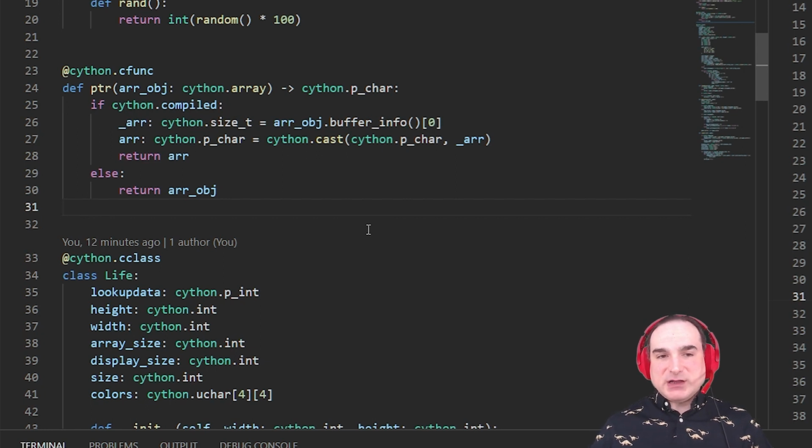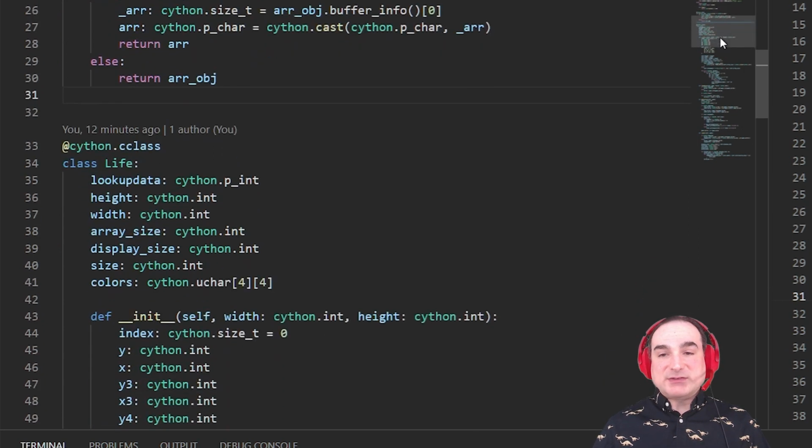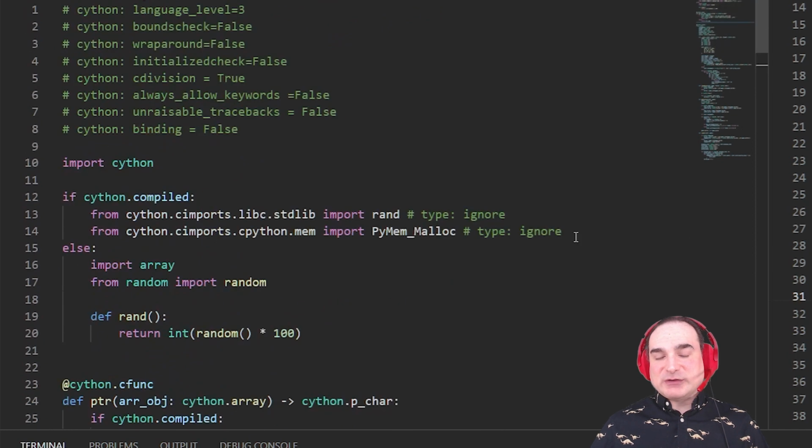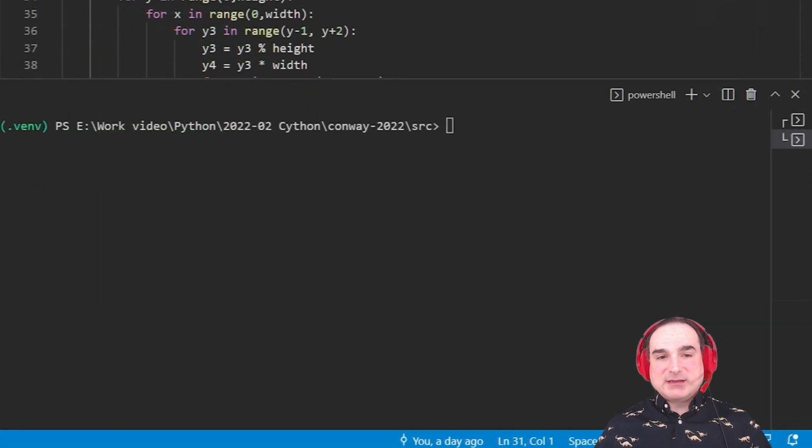So here I've used this feature to make this code run in both regular unoptimized mode and in compiled mode. So this is a great way to prototype code in Python slowly and then accelerate it incrementally. This gives us our slow and our fast code paths for the same jobs side by side in the same code base. So let's run this code in regular unoptimized Python mode first.